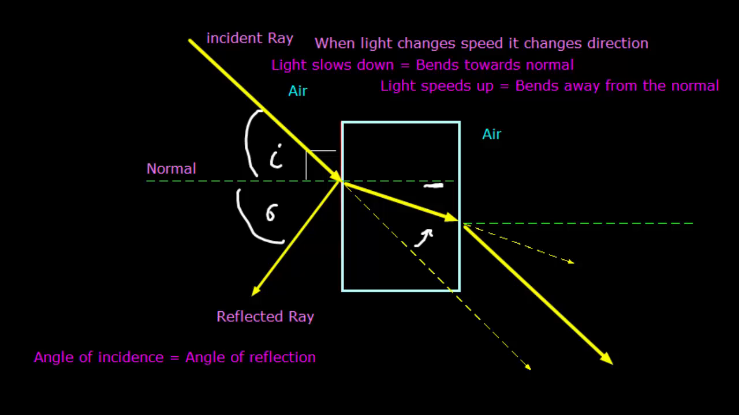So our predicted line has bent back away from the normal as it speeds up. And this is basically what our light diagram is going to look like as it enters a medium that is thicker or has